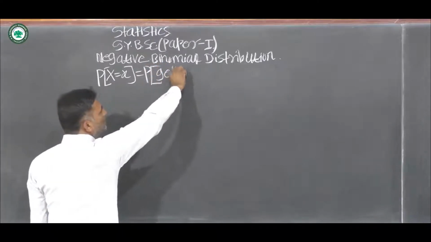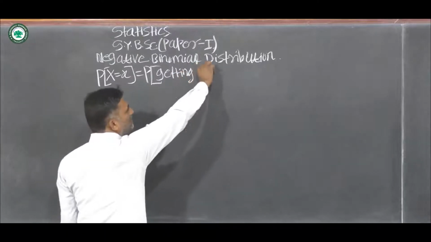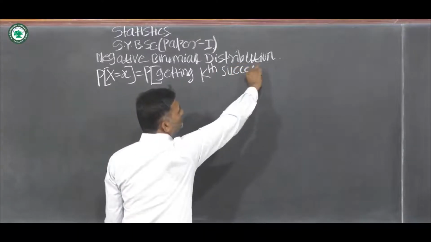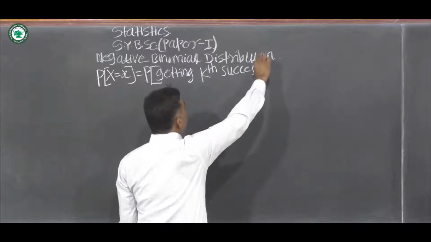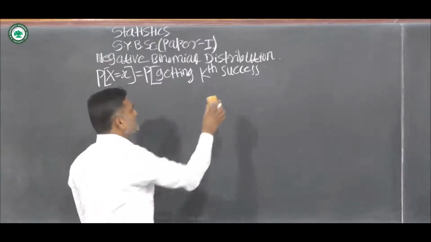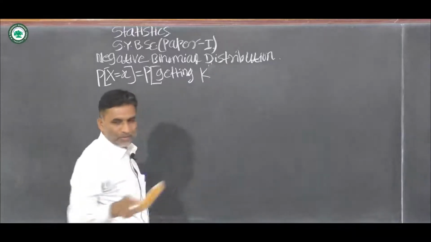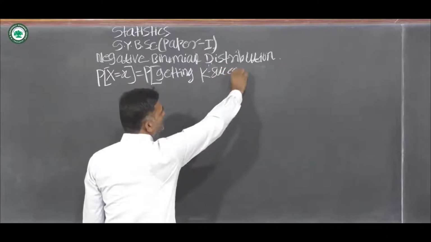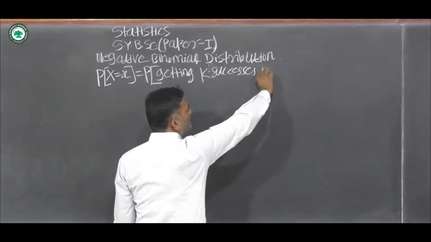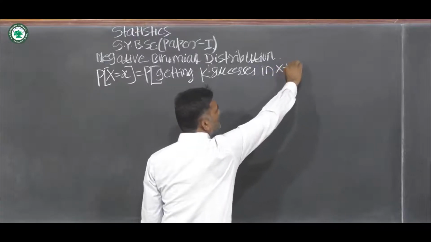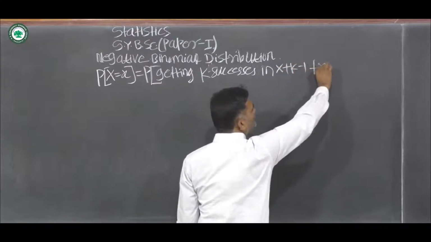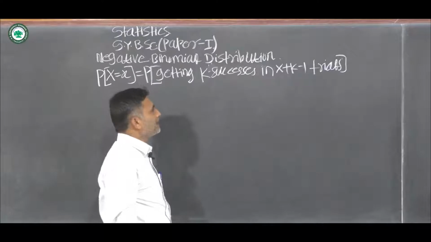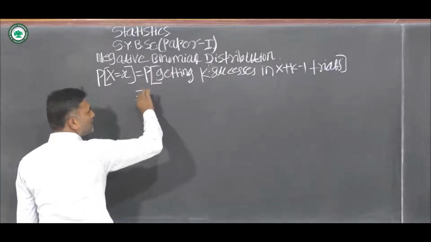probability of getting the kth success, or probability of getting k successes in x plus k trials. Here trials are independent. Now this can be written as